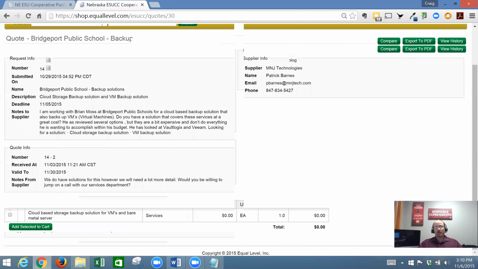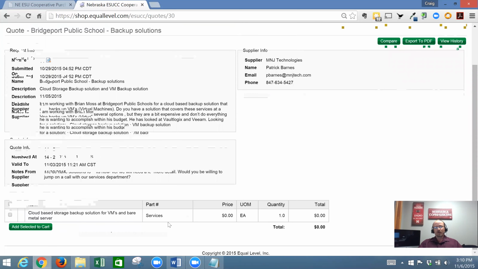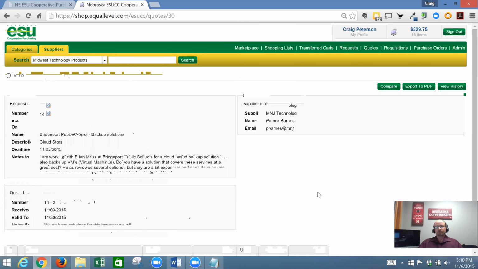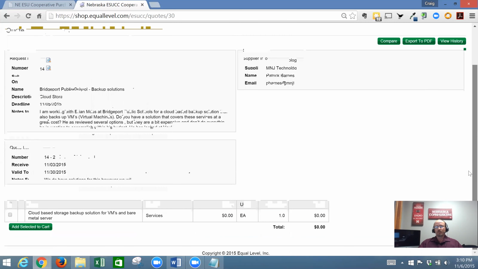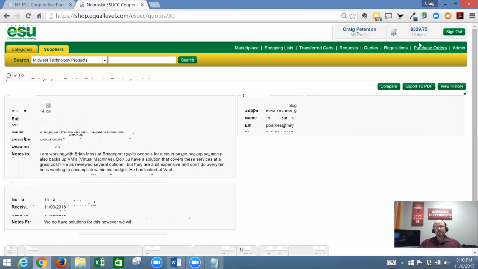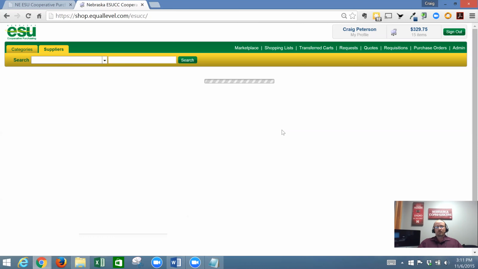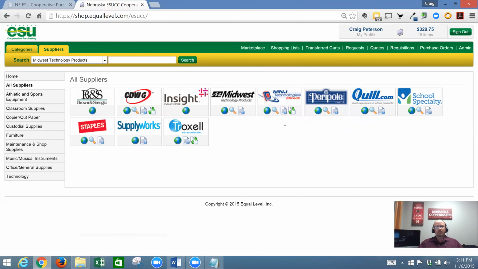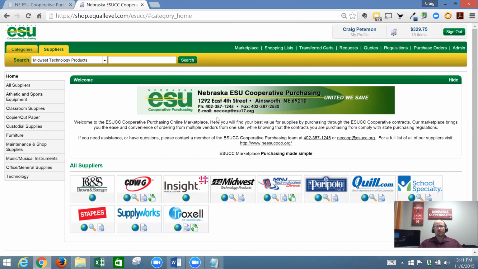And I can actually add this to a cart if I actually had items that were available for purchase, and actually order it after that and finish the process. So for shopping, that covers most everything other than checking out. And so at this point, if I'm done shopping, I come up to my shopping cart